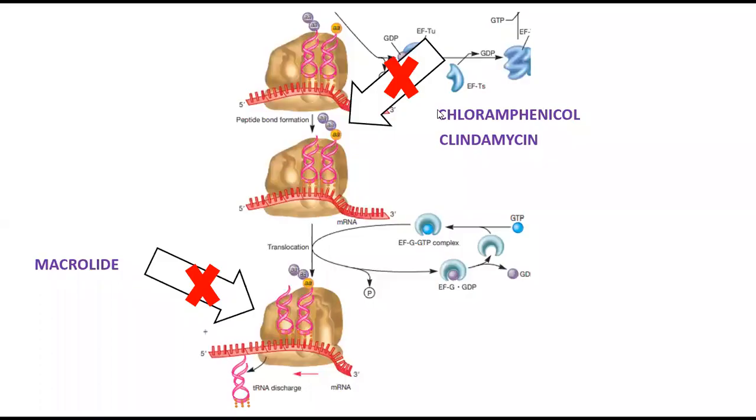So chloramphenicol and clindamycin have a very unique function. And what is its function? It basically stops the transpeptidase reaction. Transpeptidation reaction. In simple terms, if you have studied the molecular biology of the translation process, for example, this is the A site, this is the P site, and this is the E site of the ribosome.